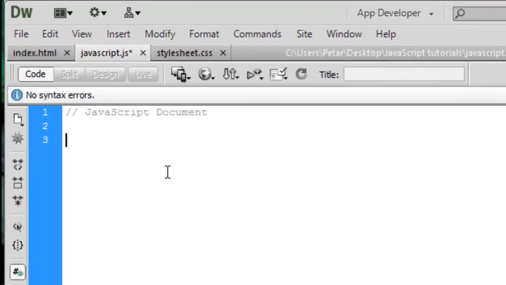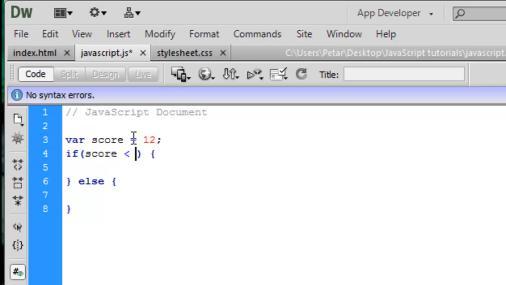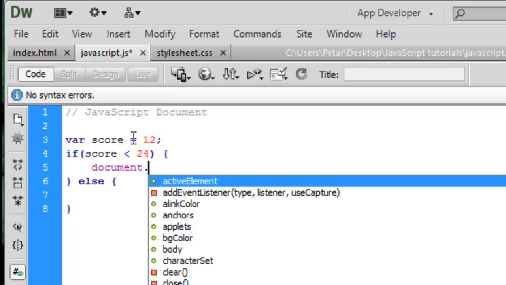First we need to say something about the conditional statement, and a conditional statement looks like this. If some condition is true, then something is going to happen, and if it's not true, then something else is going to happen. For example, variable score is equal to 12, and if score is less than 24, for example, then document write